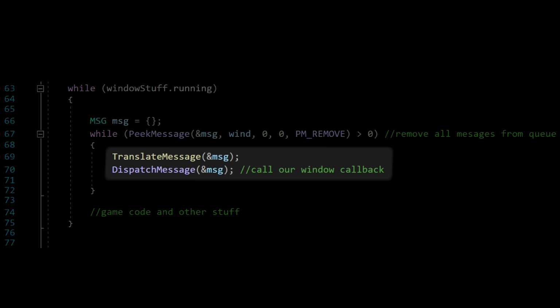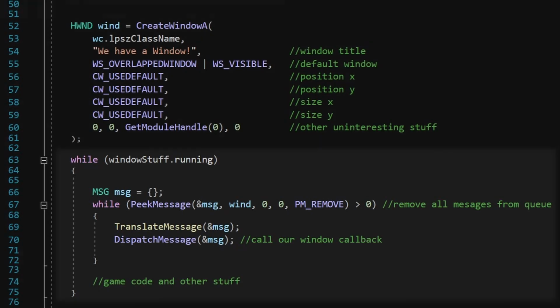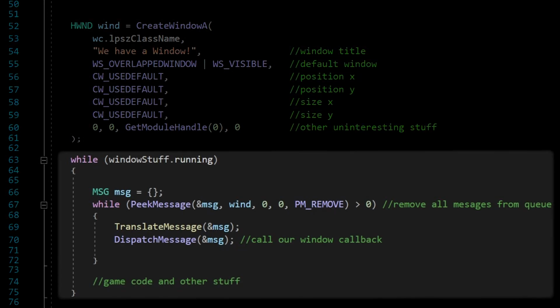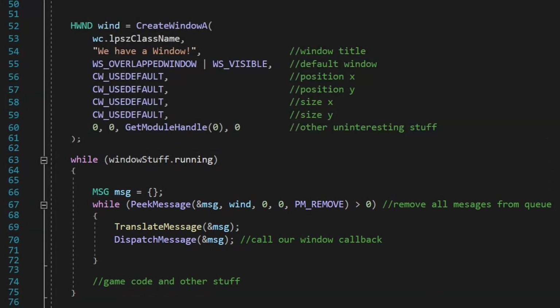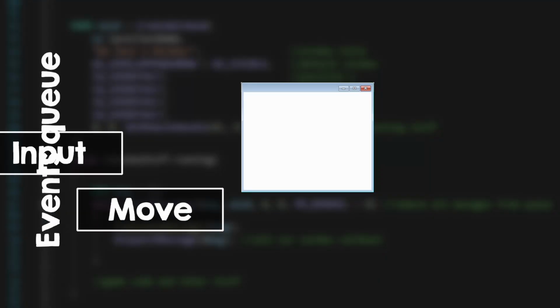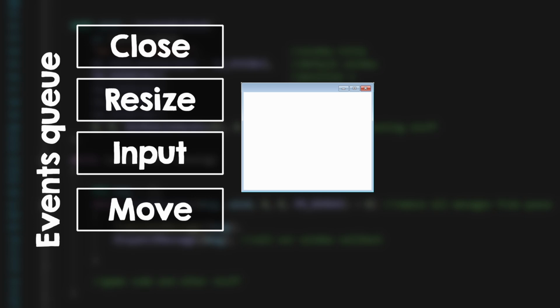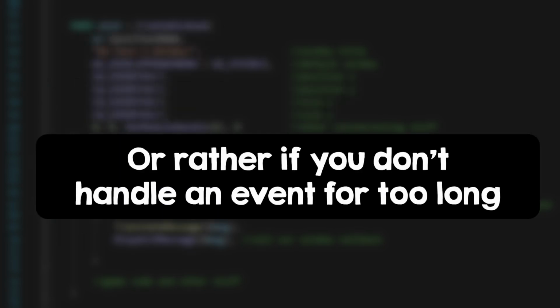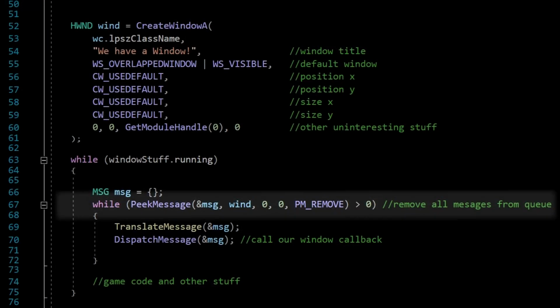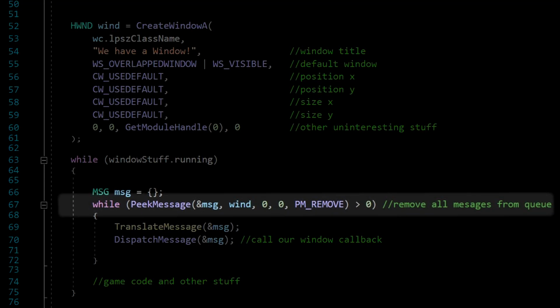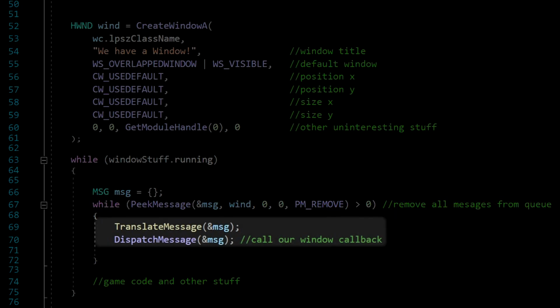How do they work though? Let's recap a little first, so you understand this better. This while is our game loop, and here we will later update the screen with the game content and stuff. In order for Windows to communicate things to our window, it will send its events, and those events will fill up a queue. If that queue is filled too much, that means that we aren't responding to those events, so our program might be stuck in an infinite loop or something. This line takes messages from that queue, and here we process them.